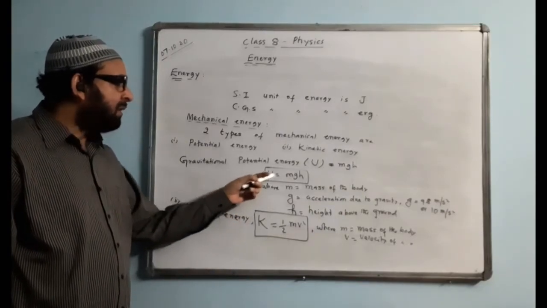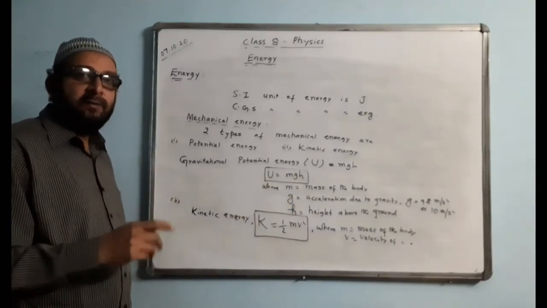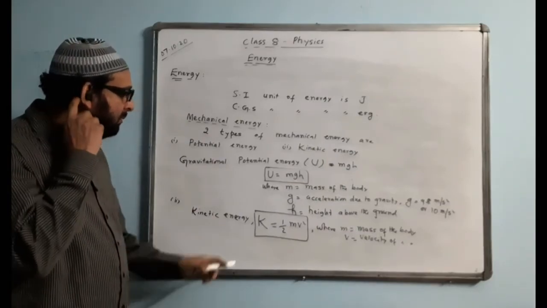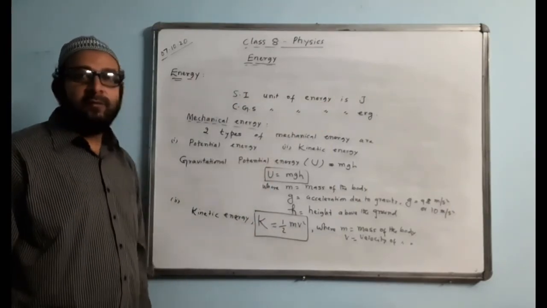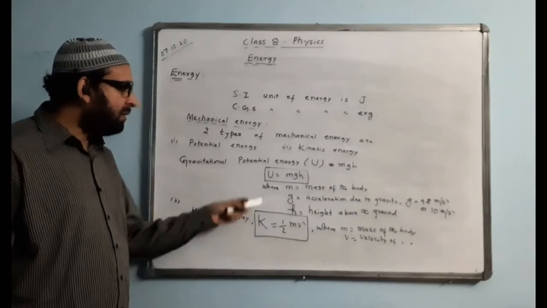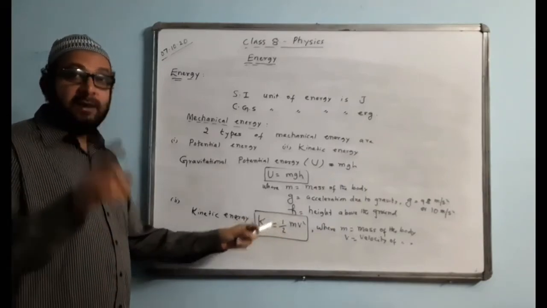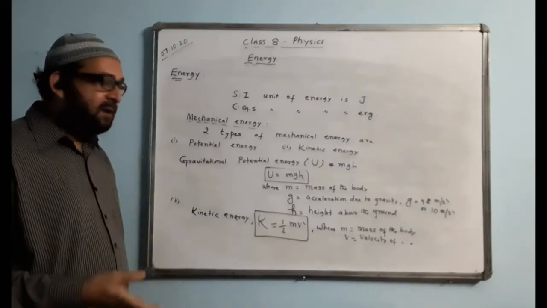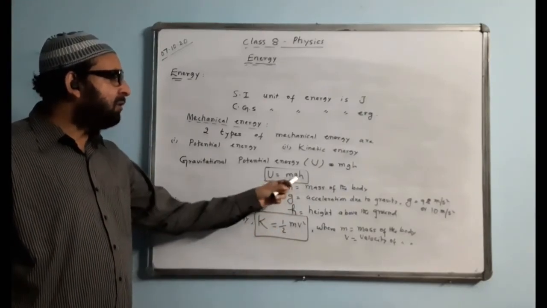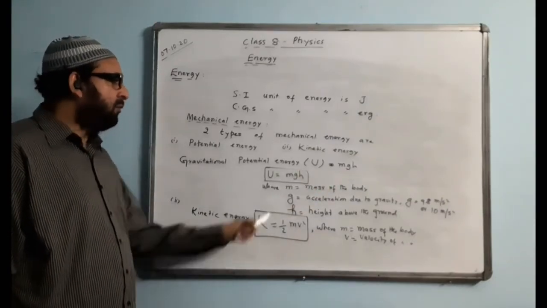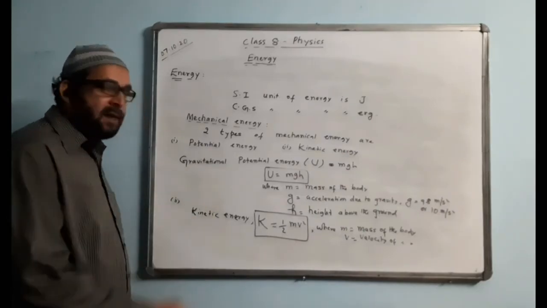In the formula of potential energy g will come, g is called acceleration due to gravity, but in the formula of kinetic energy g will not come, only mass and velocity will come. Okay, then what is the unit for potential energy and kinetic energy? The unit will be the unit of energy, that is Joule, because with energy we do the work. So any kind of energy is measured in Joule without fail. And mass SI unit is kg, remember it. If it is given in gram, you must change it to kg and work it out. Velocity unit is meter per second. Height unit is meter, the unit of g will be meter per second square, and unit of m is kilogram. So this is about potential energy, and this is about kinetic energy.